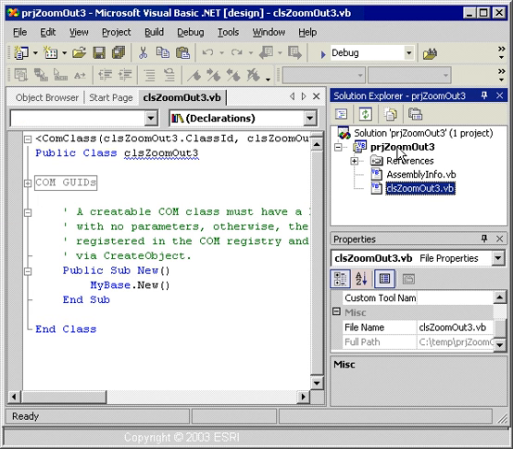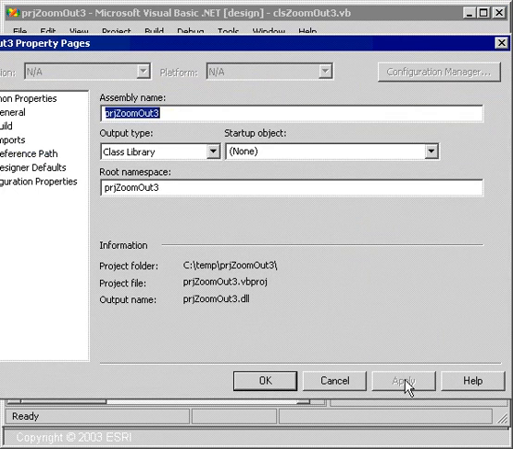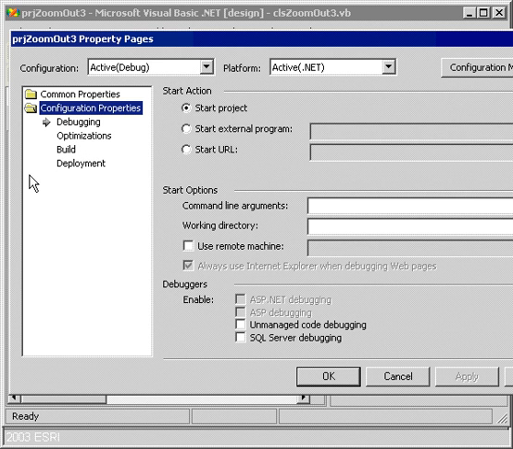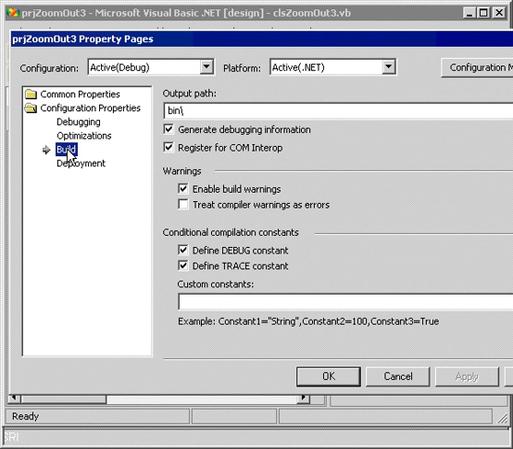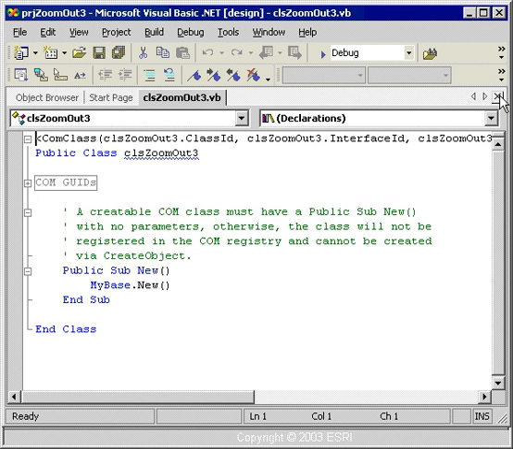Let me show you something else to indicate that I know I'm in a COM class. Once again, I'll right-click on the project, this time to display its properties, and when the dialog appears, I'll open the Configuration Properties folder, then click Build. Notice the checkbox next to Register for COM Interop. This is basically giving me a shortcut indication that the compiler knows how to deal with my COM component. I'll click Cancel to close that dialog, and let me close these windows to give you a better look at